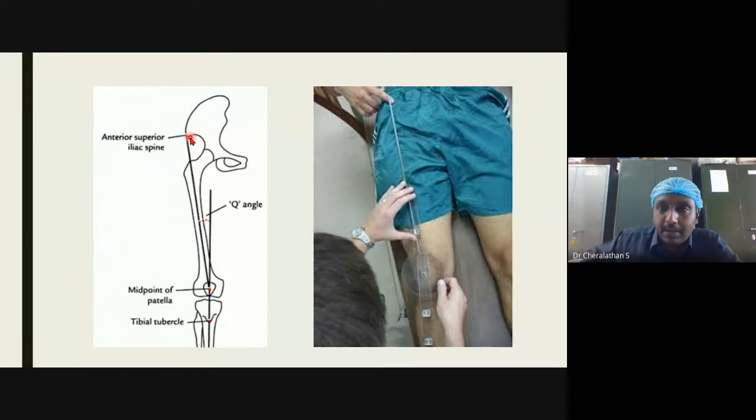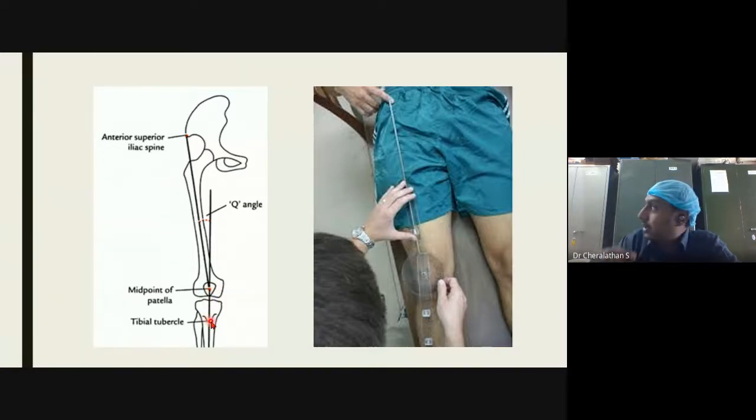Another way to palpate it is you press along the inguinal ligament, start from the pubic symphysis, palpate the inguinal ligament and slowly palpate upwards and outwards. The first bony resistance you feel is the anterior superior iliac spine. Now mark this point. Next you have to mark the center of patella. The patella is a subcutaneous bone. It is very easily palpable. You mark a center point on it and then you mark another point on the tibial tubercle.